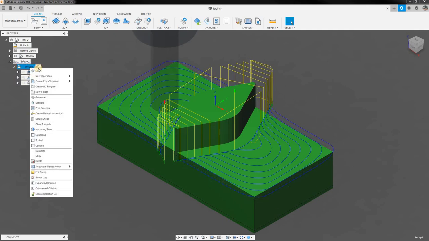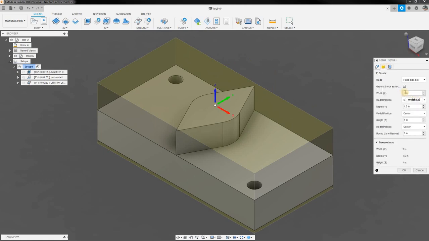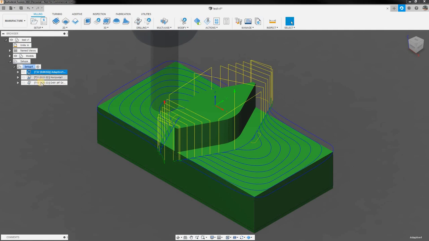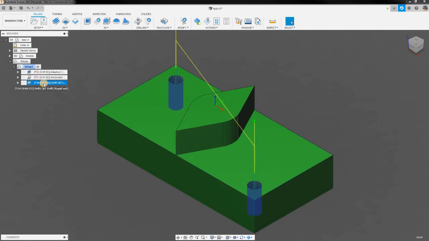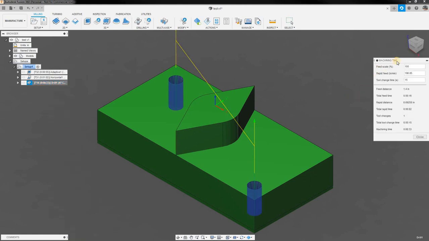And by the way, this part isn't very big, at only 3 inches in X, 1.5 inches in Y, and 1 inch in Z, so it's not like it's really traveling very far. But if we break this down,